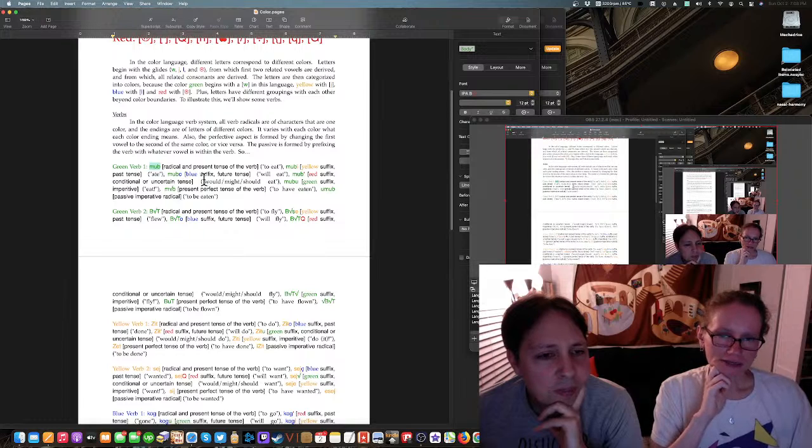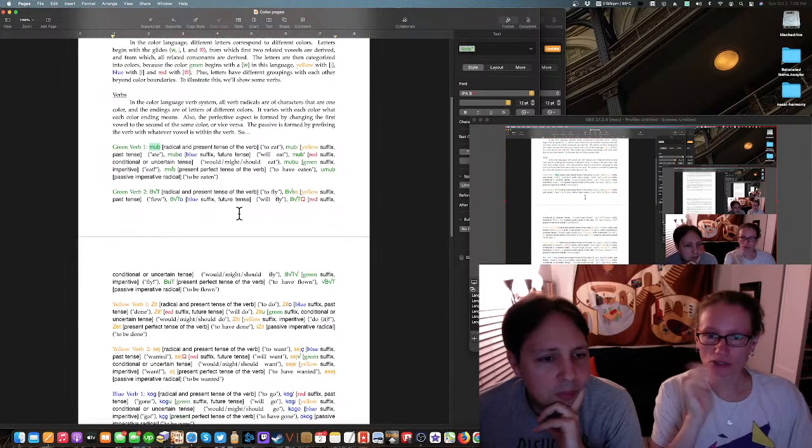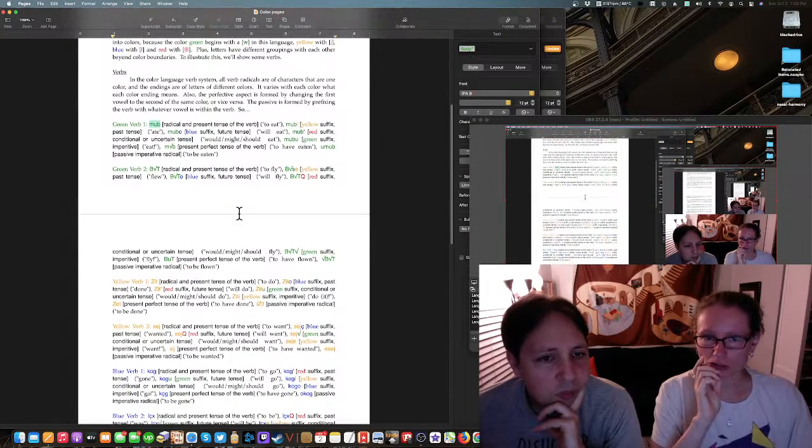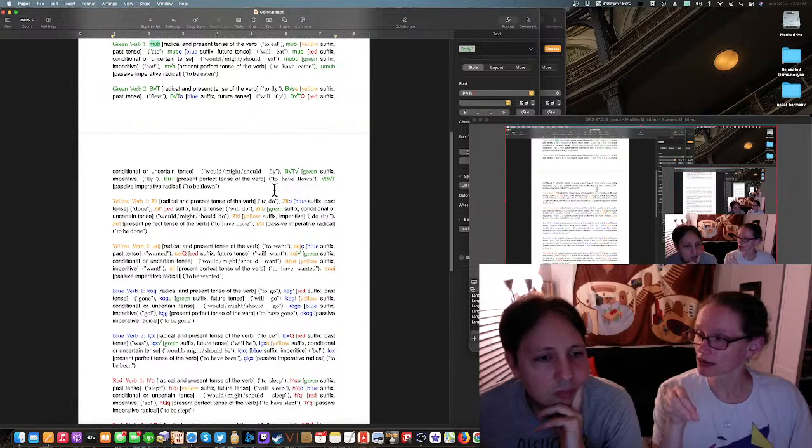Is this blending color and phonemes? Yeah, it's definitely spoken out loud. It's just that the sounds are sort of randomly associated with color. It's almost the opposite, not the opposite, but it's taking the spirit of vowel harmony, where there's an underspecified vowel. Here it's an underspecified suffix, and the color of the base determines what sound comes at the end, but it's because of its color.